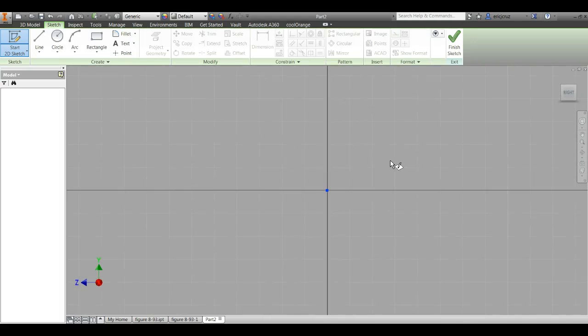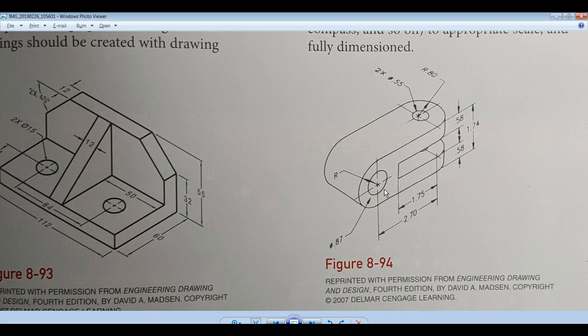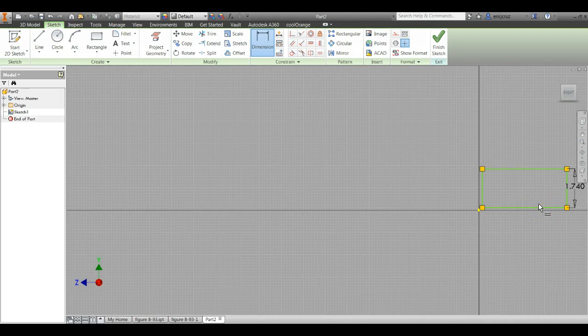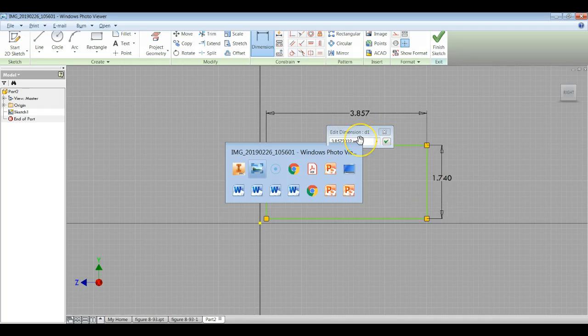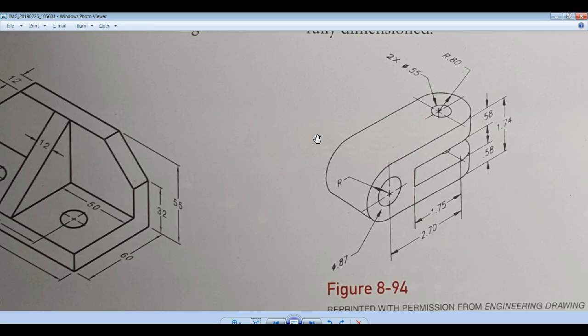So, clicking on a plane, I'm going to start by making a rectangle, not to size, but first I'm going to make it 1.74 in height. Okay, great. Now let's dimension its width. So its width is going to be 2.7 plus